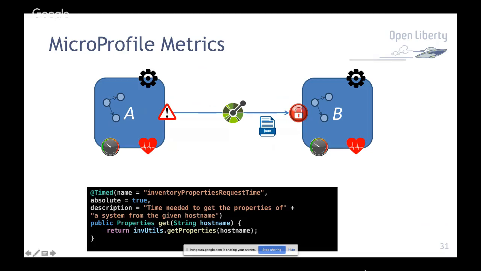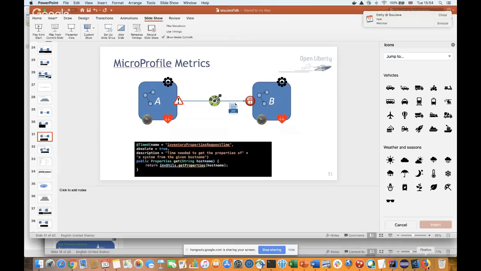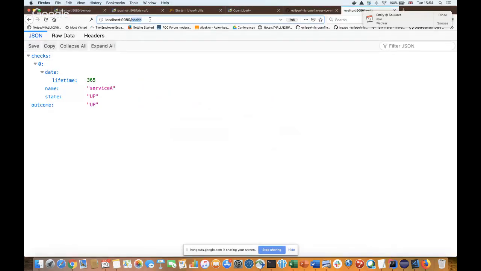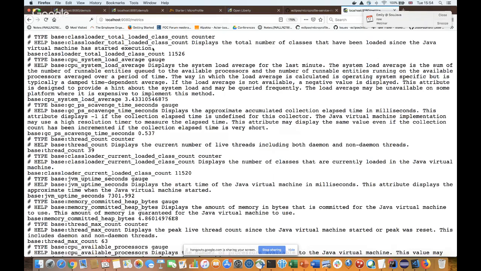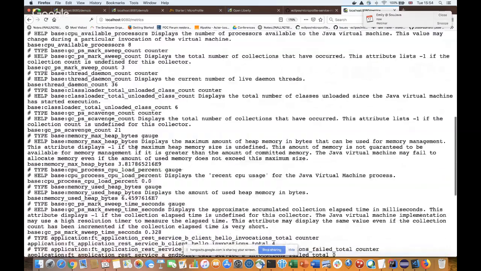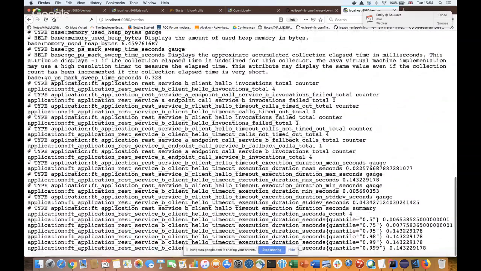Let me go back to the demo here again. I can see it directly has these metrics out of the box, I didn't do anything. It gives you class loading and the thread counter, etc. It has a lot of stuff, and also because I have fault tolerance, it tells me the fault tolerance invocations, the timeouts, for example, how many times it has failed, how many times the fallback has been invoked. So this is